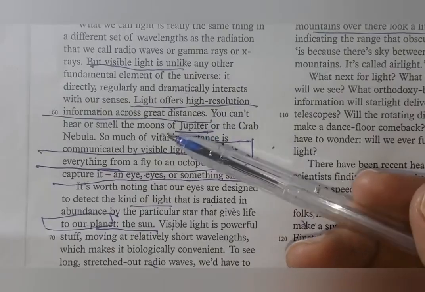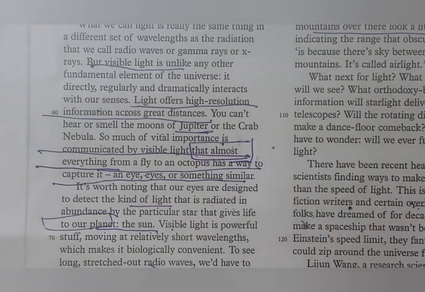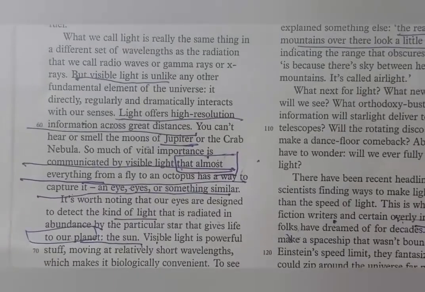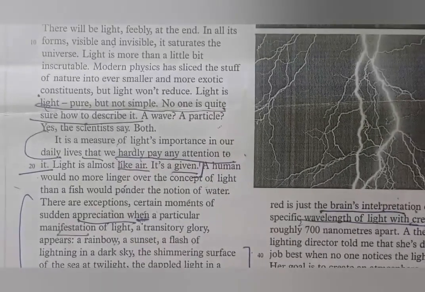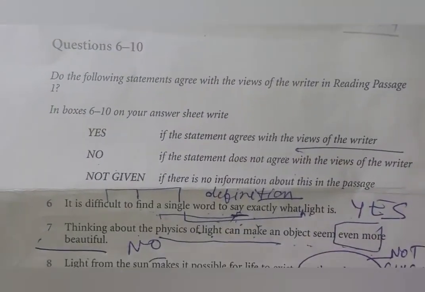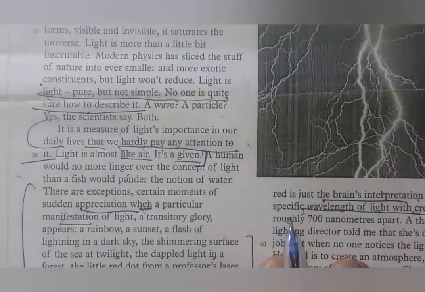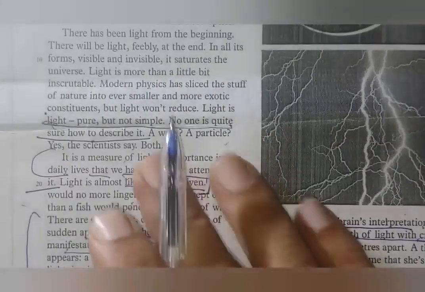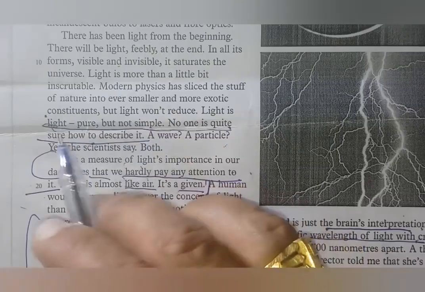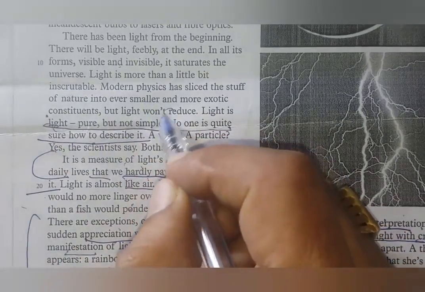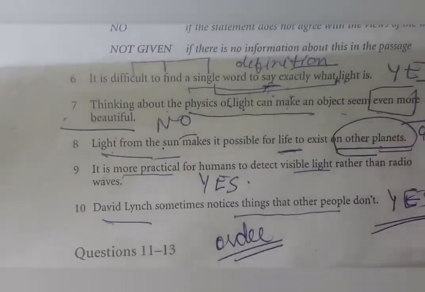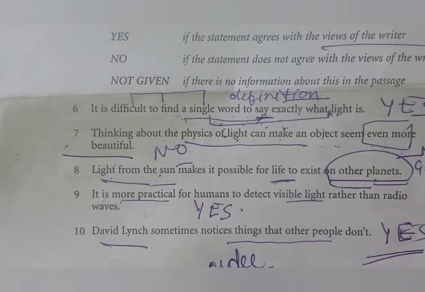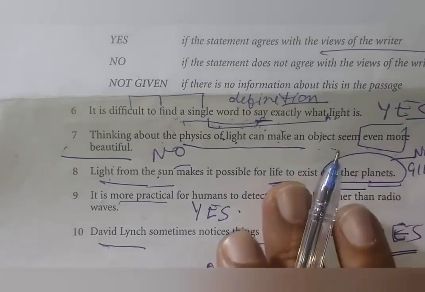कहता है लाइट ऑफर्स हाई रेजोल्यूशन इंफॉर्मेशन अक्रॉस ग्रेट डिस्टेंसेस। यस नो, एक सेकेंड, आई एम रिलैक्सिंग माई सेल्फ। कहते हैं कि इट इज़ डिफिकल्ट टू फाइंड अ सिंगल वर्ड, डेफिनेशन मांग रहा है आपसे, डिस्क्रिप्शन मांग रहा है। कहता है कि हार्डली पे एनी टेंशन, ये रहा, लाइट इज़ लाइट प्योर, नो वन इज़ क्वाइट श्योर कि कैसे डिस्क्राइब करेंगे, किसी को भी नहीं पता इसे कैसे डिस्क्राइब करना, वेव है या पार्टिकल। साइंटिस्ट तो दोनों चीज़ें कह देते हैं, वेव भी है और पार्टिकल भी है। डिफिकल्ट टू फाइंड अ सिंगल वर्ड, मतलब सिंगल नहीं है, इसका मतलब 2 वर्ड है, इसलिए वो दोनों ही चला रहे हैं। तो आपका आंसर क्या हो गया यहाँ पे? यस।